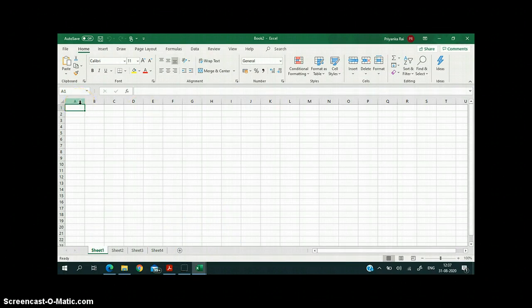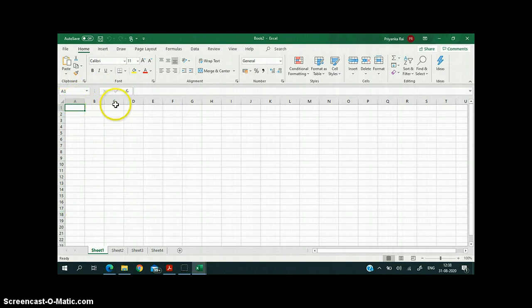Now worksheet is organized into rectangular grids containing columns. ये जो है ये इनको grid कहते हैं. These are the grid lines. These lines which you can see, they are the grid lines. So a worksheet is organized into rectangular grids containing columns. These are the columns and rows. A column letter above the grid is also called the column heading, and these are the column headings. A row number on the left side of the grid is also called the row heading, and these are the row headings. This is column heading ABCD, and the numbers are the row headings.